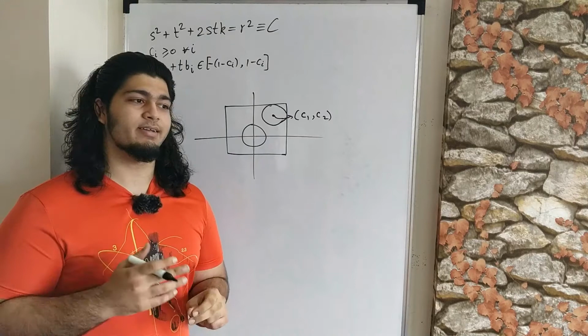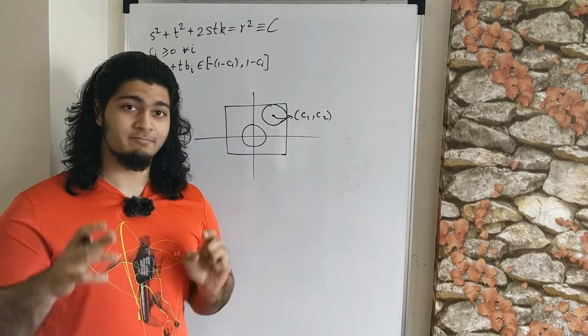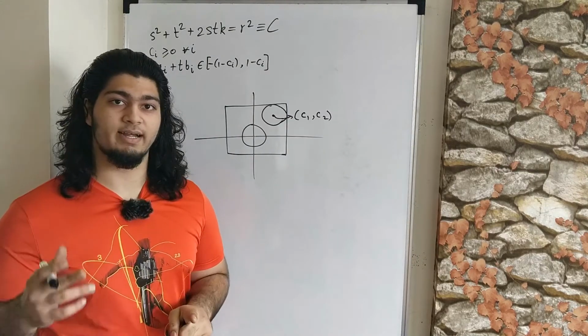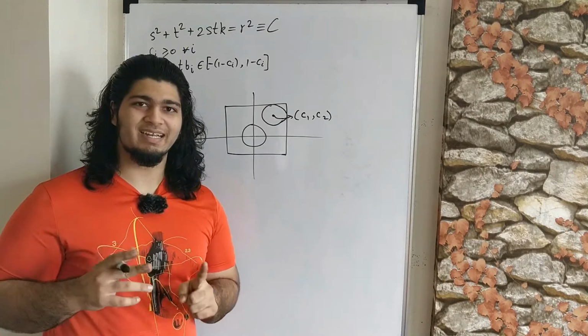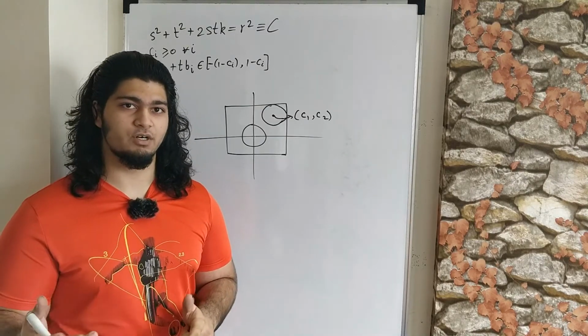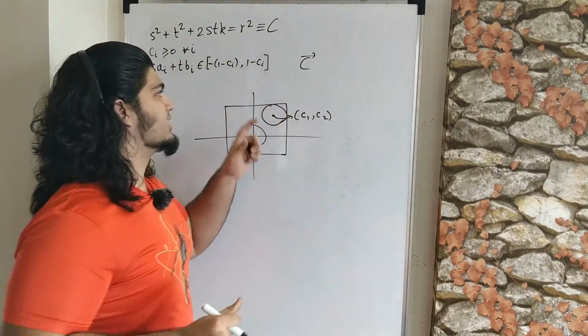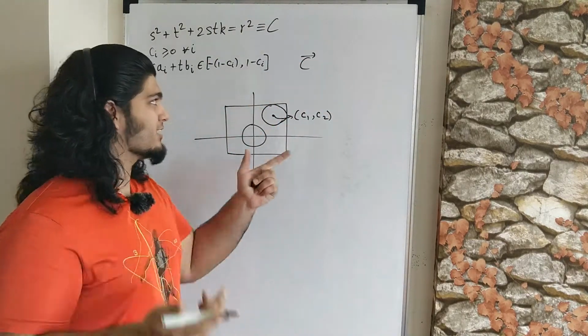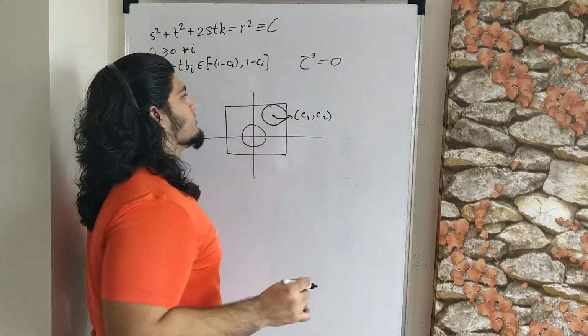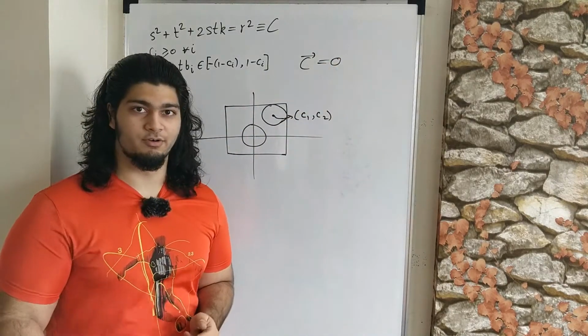We are not saying that it's not possible to draw it anywhere else. We are just saying that it's possible to draw it at the origin. So what that basically does is reduce the number of variables we have to work with, because the C vector, if you remember, was the center of the circle. So the C vector will just become 0. That will obviously reduce the amount of work we have to do.